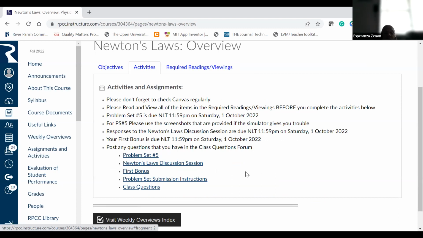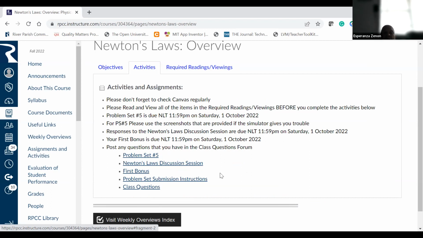Because remember, problem sets always lag a week behind. And then you'll have a discussion on Newton's laws that you'll have to complete by Saturday. And then your first bonus, in addition to the study guide. The study guide is